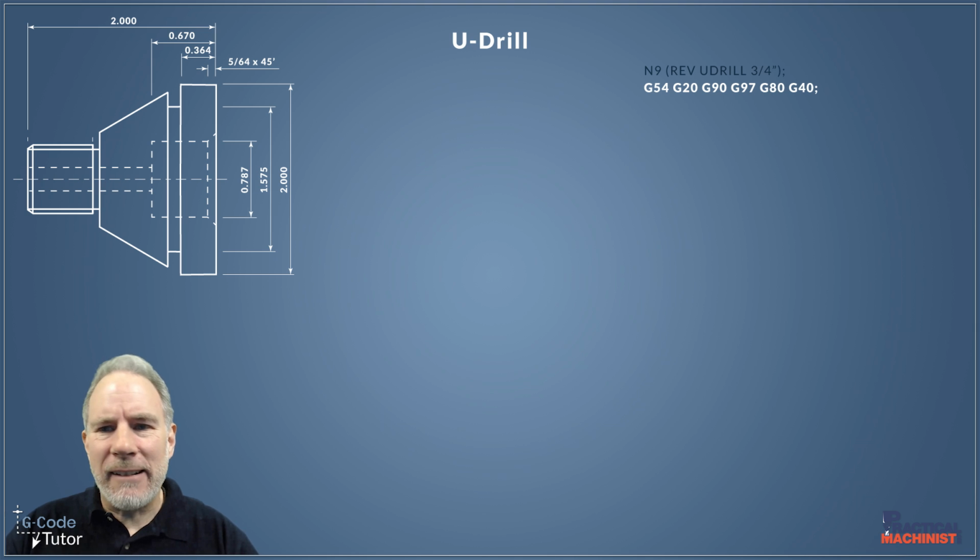So this next line here is our safety line, and I've mentioned this many times before, so I'm not going to go into it in great detail right now, but this sets the machine up to a safe working position each time. So we can jump back into the program at the start of the sequence and not have to worry about any cycles that may be active, such as drilling cycles or cutter compensation, because this line resets everything.